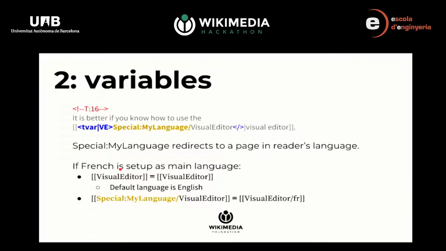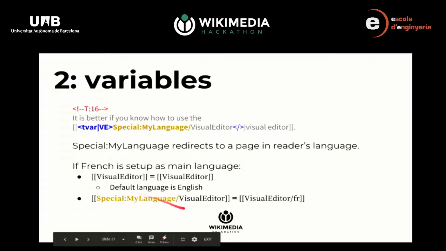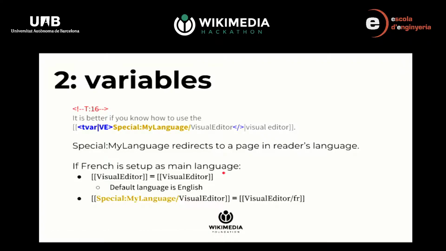So, yeah, usually on the wikis, French is the setup for my interface. That's my main language. And Visual Editor is not the same. In French, Visual Editor is not the same thing as if I translate Visual Editor, it will not be translated the same way. So if I create a link here, for instance, without that special MyLanguage special page,